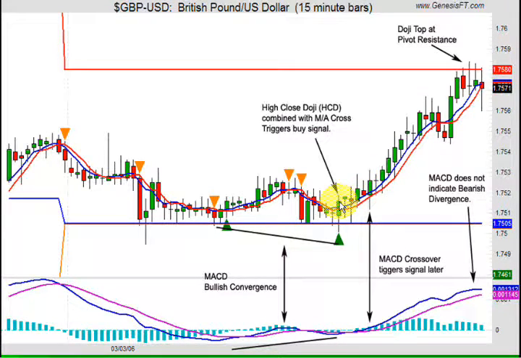Here, if you look at the high close doji at pivot support, notice that we're getting a buy signal somewhere around 175.10, and we're getting our buy signal around 175.20, 22 level on our MACD, or close to actually 175.25 on the MACD signal. So therefore, I think it's impressive to follow how we utilize the hidden value of the high close doji setup and how to utilize our technical studies. So hopefully, if you already have a education on MACD,